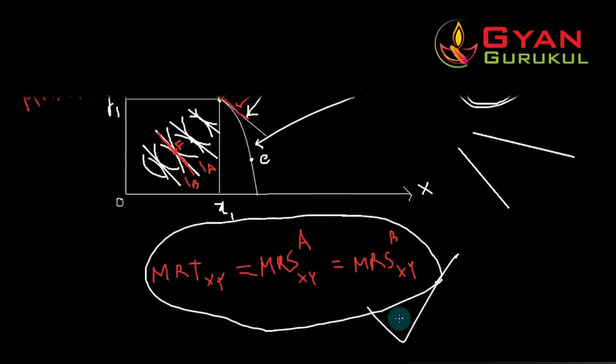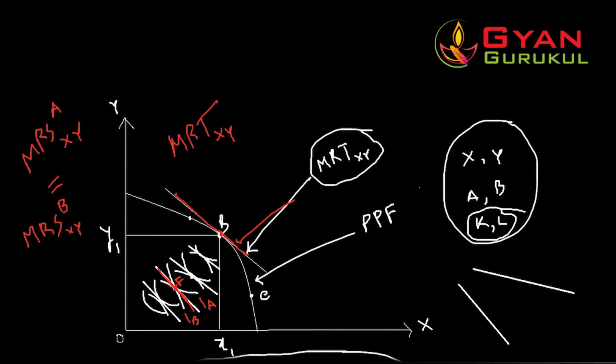We will always try to find out this criteria for achieving the equilibrium of the economy, right? See, if you take any point here, say this point, in all these points we will find that the marginal rate of substitution of X and Y for consumer A and consumer B is equal. The MRSXY of both the two consumers are equal, so the price criteria is fulfilled at all these points. But when you see the second criteria, that MRTXY should be equal to the marginal rate of substitution of A and B, that second criteria is not fulfilled.